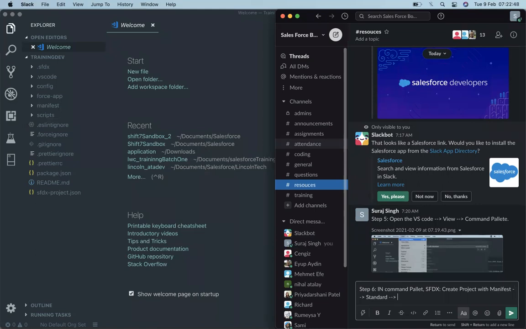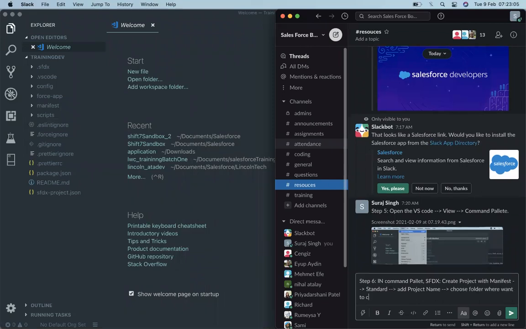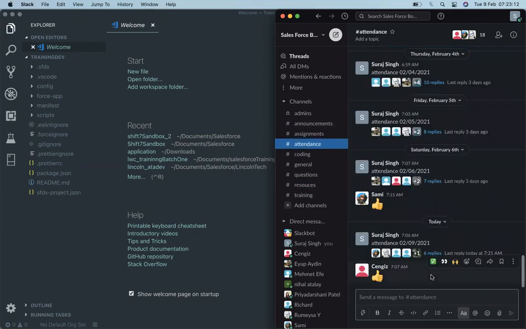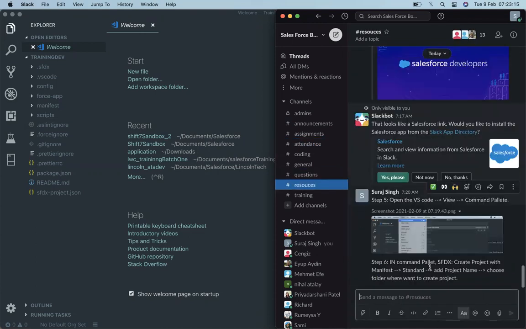Then add the project name. Choose the folder where to create the project. That will become your step 6.